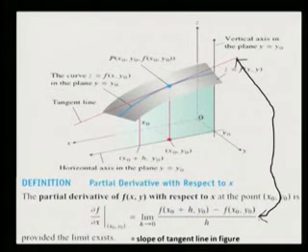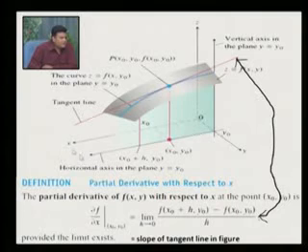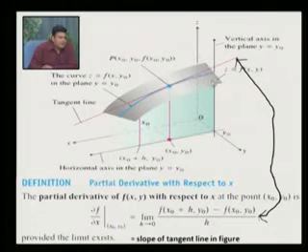Now here is the geometrical meaning of the partial derivative of the function. See this graph. In this graph, this is the x axis, this is the y axis, and this is the z axis, right. And this is the graph of the surface z is equal to f of xy, right. Now the point x0 y0 is in this xy plane, right.